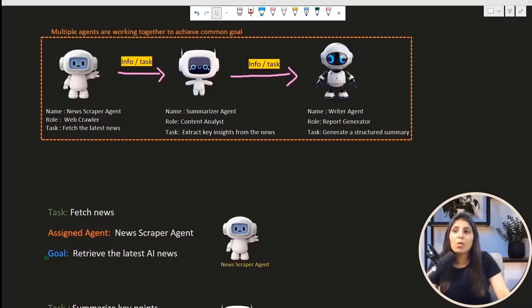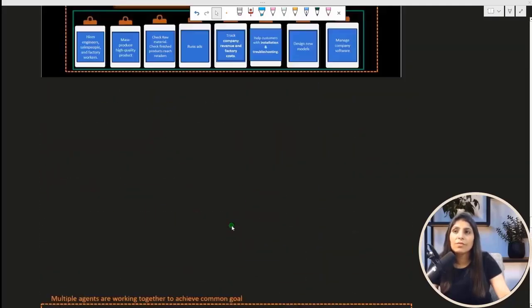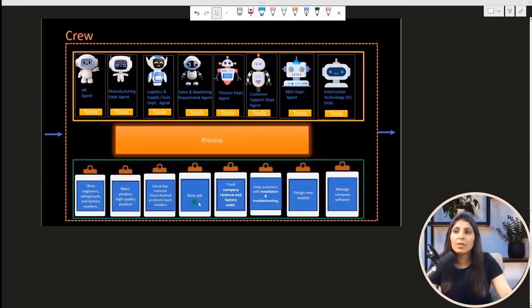So this is how each task will be defined. For each task, we need an assigned agent, meaning which agent this task is assigned to, and what the goal is. The first task, which is fetch news, is assigned to this agent. If we look at this example, over here we have these tasks. For each task, we will define the agent and the goal.